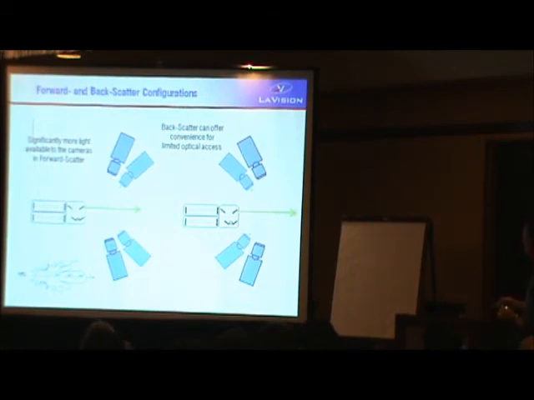Sometimes for convenience, you may want to set everything up in a backscatter arrangement. If you only have one window to look through, you could have the lasers and all the cameras looking through that window, and the cameras all as backscatter. So you have the flexibility to set your system up based on the limitations of your experiment, but there are certain setups that have more advantages over others in terms of the amount of light that you